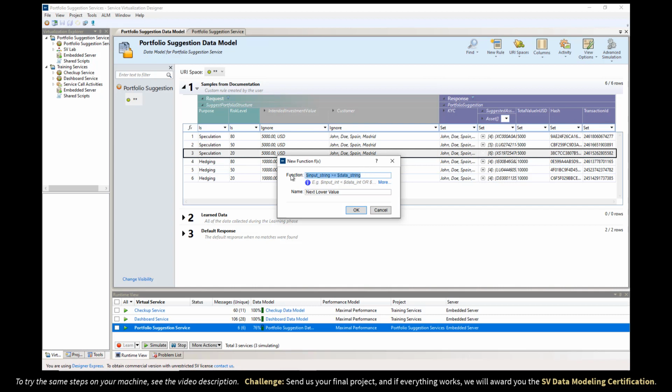So this particular condition will evaluate to true if, say, we receive 85 in request. 85 is higher than 80, so this row would match. Also this row would match, and this row, but this one is the topmost one, and the higher the row is, the higher priority it has. So this is exactly what we need. This condition will evaluate to true for exactly the next lower value. I press